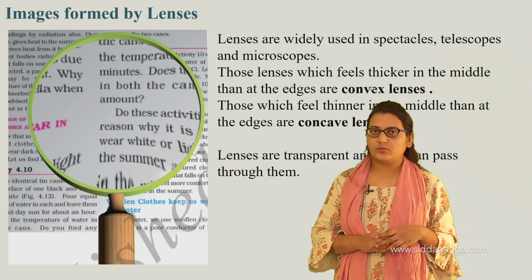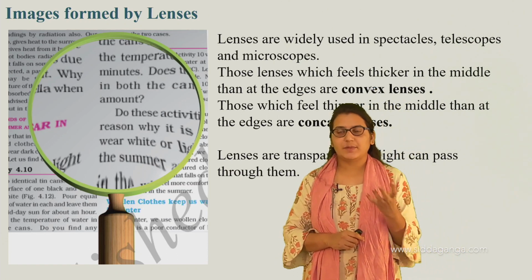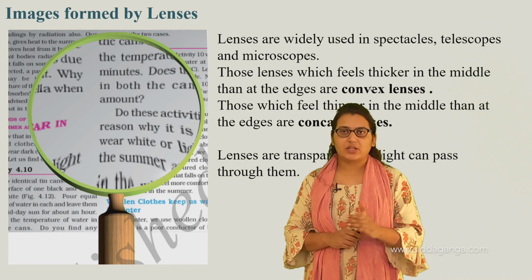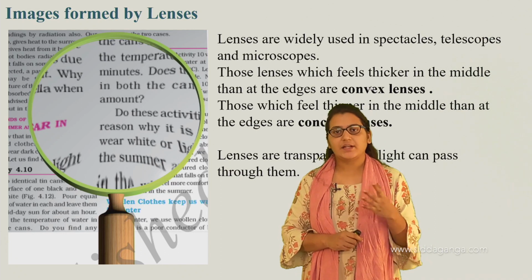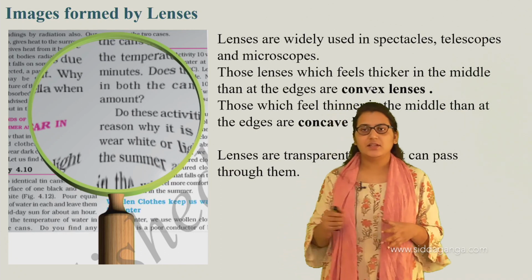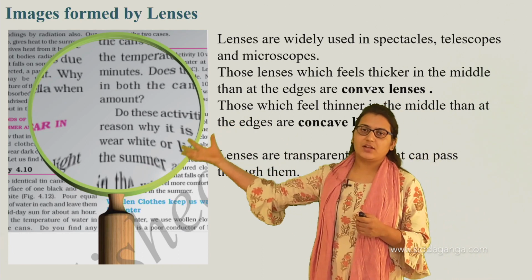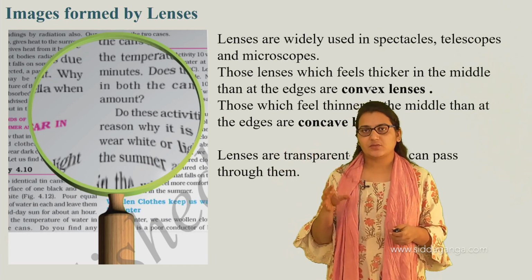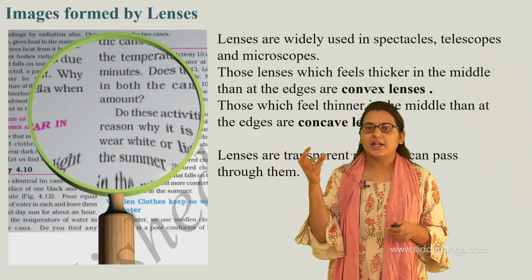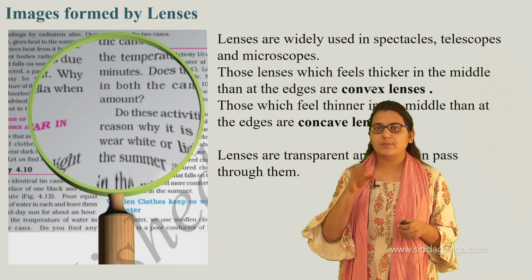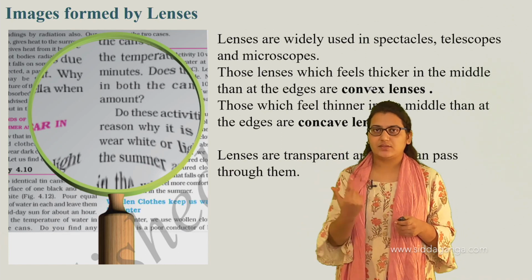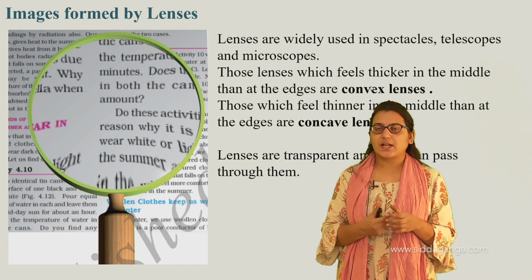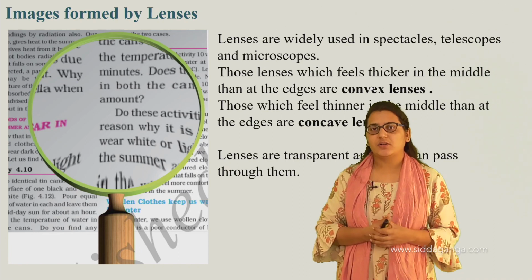Again, these lenses are of two types. We have two types in mirrors: in spherical mirrors we have concave and convex mirrors, and in lenses also we have two types, the same, concave and convex lenses. Here the difference is in the lens. Imagine this is a circular lens. If the outer part, the edges, is thin and the middle part is thicker, that is a convex lens. In the same way, if the edges are thick and the middle surface is thin, that is a concave lens.